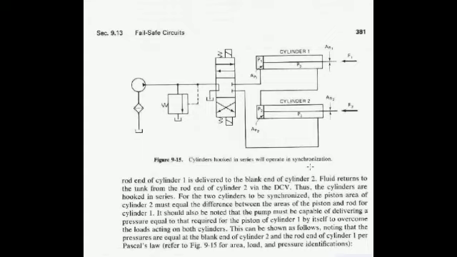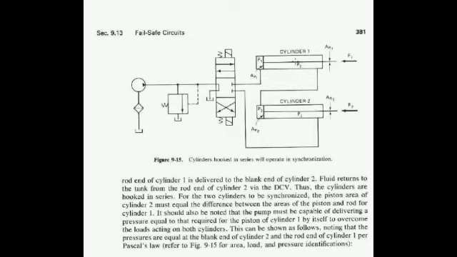Similarly, we can even synchronize these two cylinders by connecting them in series, right? So let us see how the first envelope, that is the top envelope, will work. The pump will be connected to the system port A. That means here the fluid flow will take place to the blind end side of the first cylinder. The rod end side fluid will flow to the blind end side of the second cylinder, right?